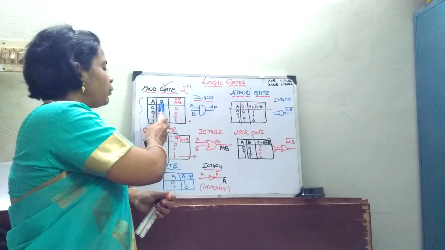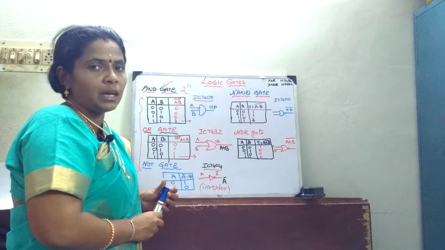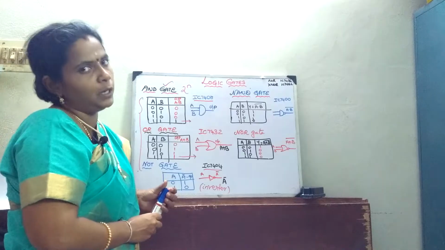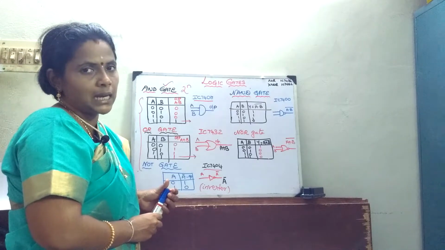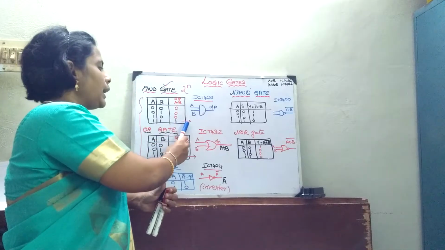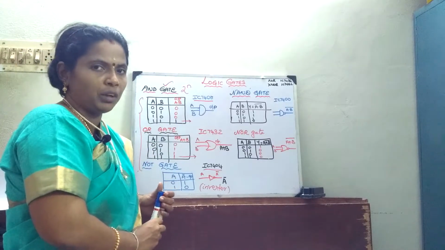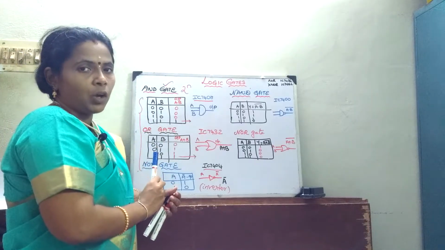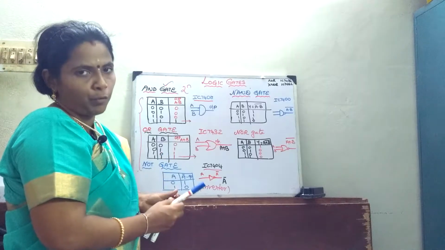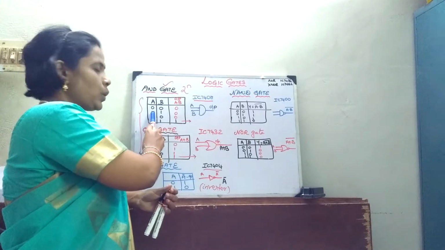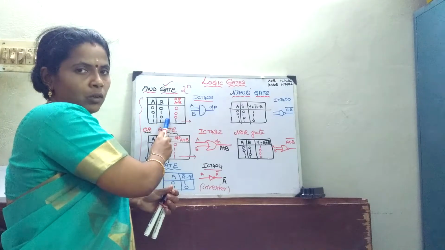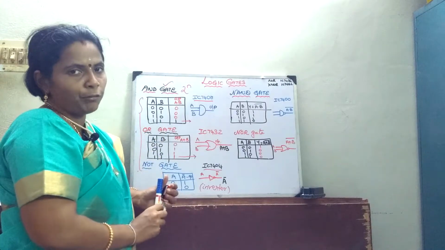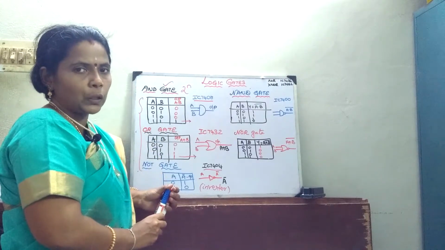Whenever I have two variables, 2 power n combinations are possible. So when I have two inputs, 4 combinations are possible for two variables, also called literals. Whenever I give the input and analyze the output, that is called a truth table. Now, what are the four possible combinations? A variable can exist in normal form as well as in complemented form. So 0, 0, the first variable is complemented, the second variable is in normal form, and here it is vice versa. In the last case, both the variables are in normal form. So 0, 0, 0, 1, 1, 0 and 1, 1.